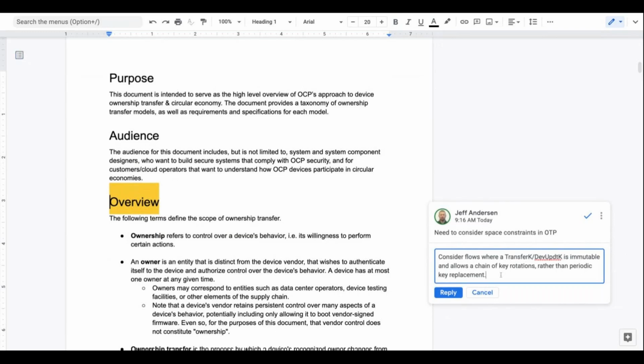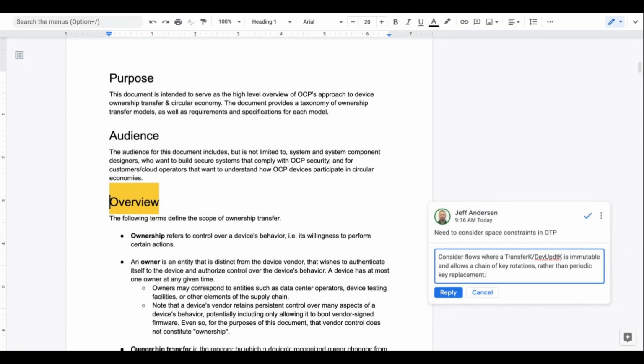I think the authenticated ownership transfer is like using one key to endorse another key, but doing it in a replay-protected manner because you have that owner epoch going on. But I think what you're proposing is a different flow, where you have some immutable key in OTP, and that key will endorse the next key, which will endorse the next key, and so on.